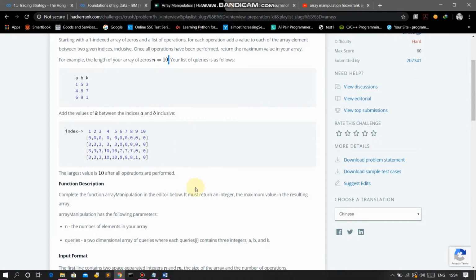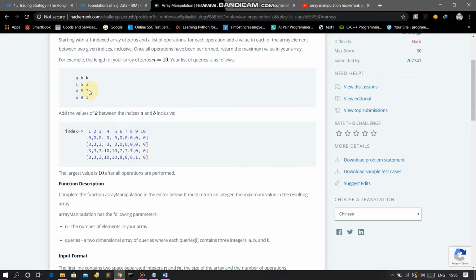What we will do, we have to initialize that array with zeros, and then add that value k from index a to b in that array. You can see here in the first query you are getting 1 5 3.